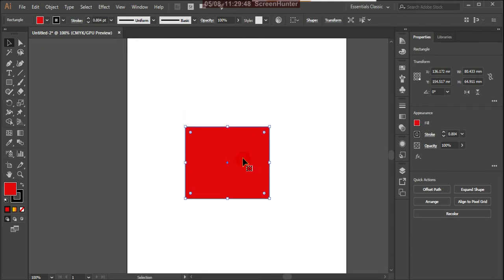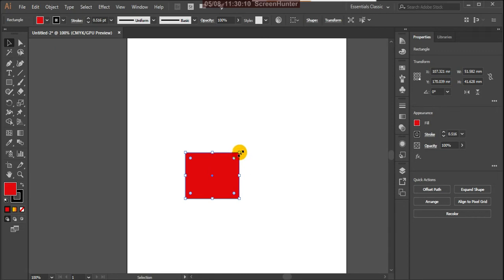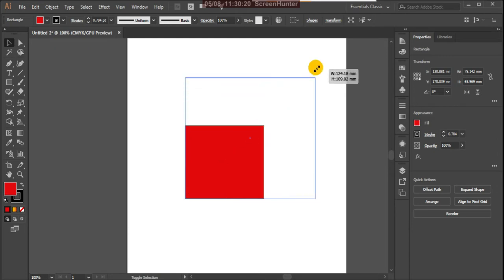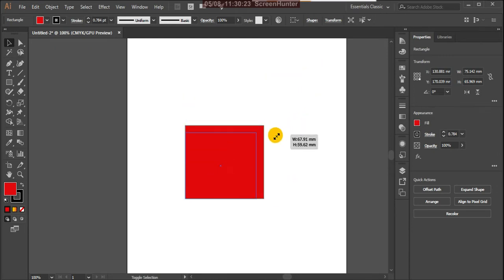But suppose you press Shift, and you can now enlarge and decrease proportionately without changing the shape. Before that, without Shift, you can drag as per your mouse moves and it is changing the shape, but with Shift it changes proportionately.